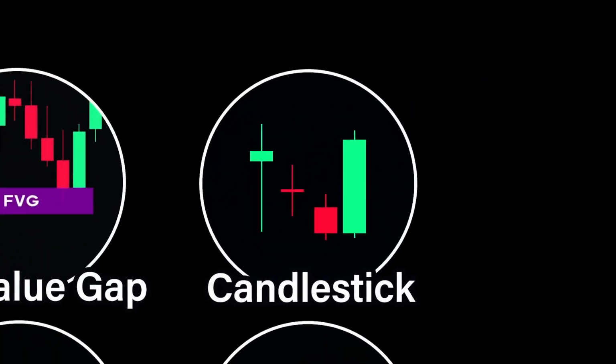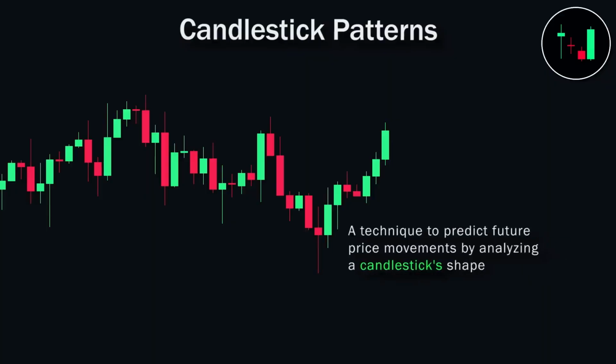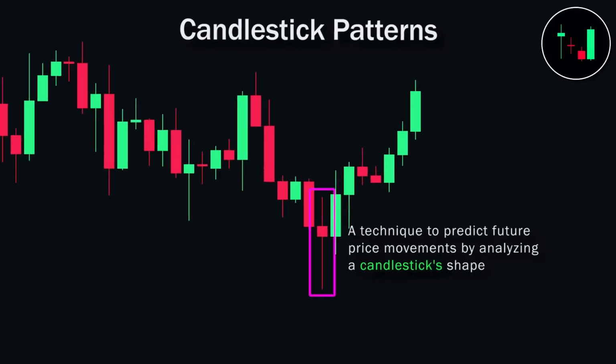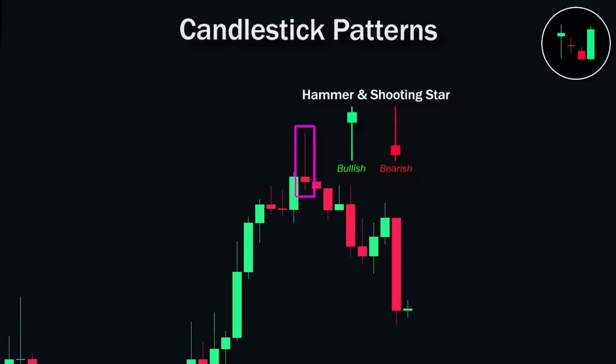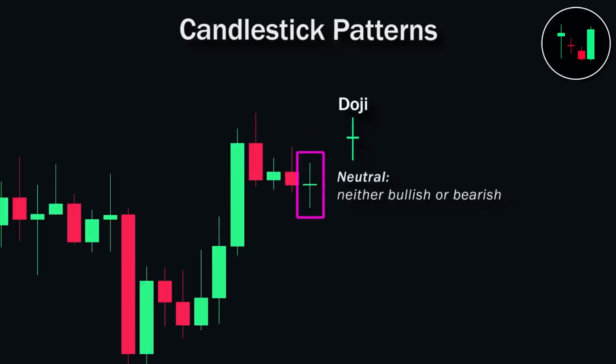Candlestick patterns: it is a technique that traders use to analyze future price movements by looking at specific candlestick shapes. Notable candlestick patterns include engulfing patterns, which signal strong momentum towards the direction of the engulfing candle, hammer and shooting star patterns, which indicate rejection, as shown by the long wick on one side, doji patterns, which signal neutrality in the